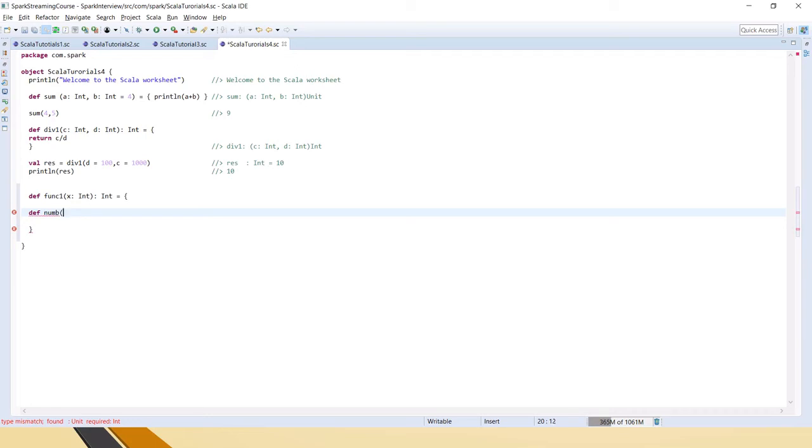Okay, then inside this we will take that int value, return boolean or string, we will say equal to, here we will say if